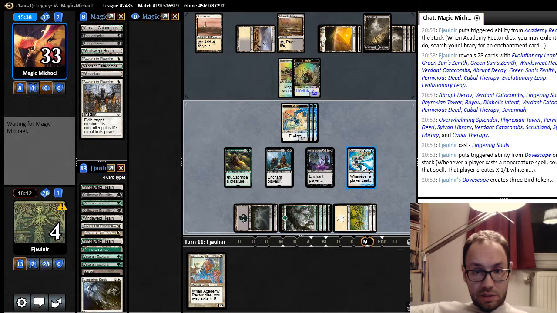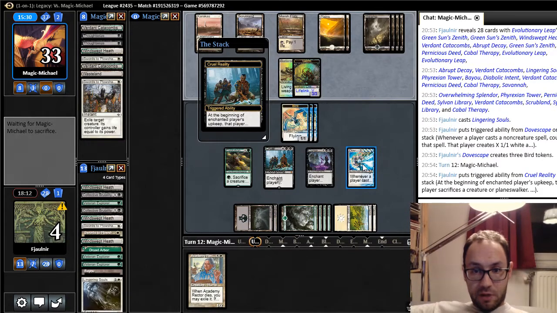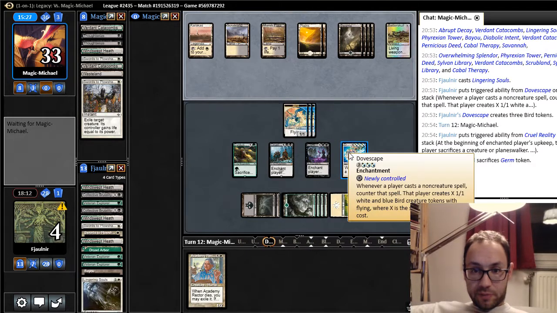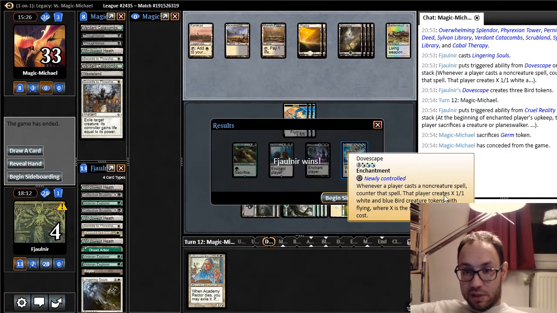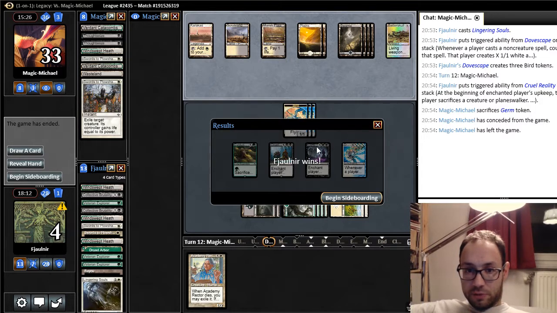Oh no, I did this... Oh no, actually, no. I almost thought I did it wrong, because now he could play spells and get creatures, so he doesn't have to sacrifice the Germ token. But actually, the creatures die because of Curse of Death's Hold. I'll put up the cards for anyone watching that doesn't know them yet. Any non-creature spells get turned into 1/1 birds for every converted mana cost. And Curse of Death's Hold gives all their creatures -1/-1, so...